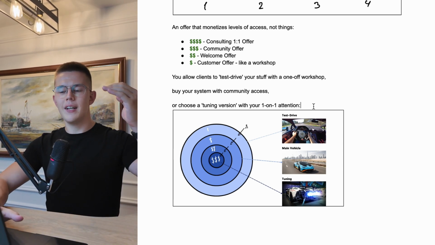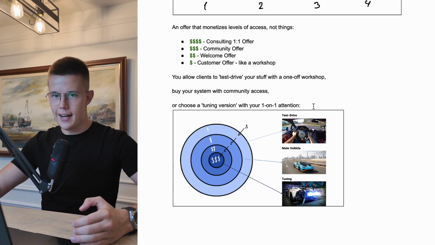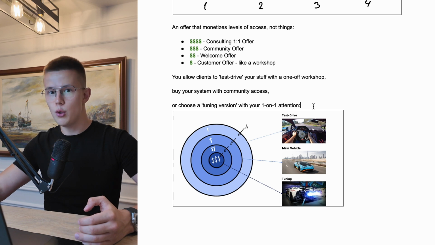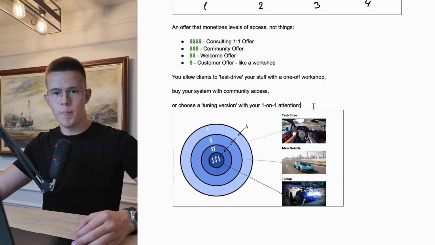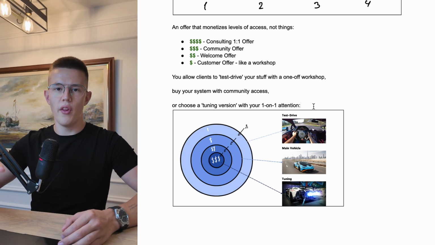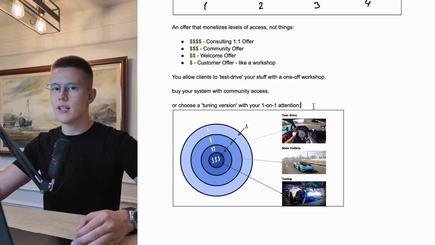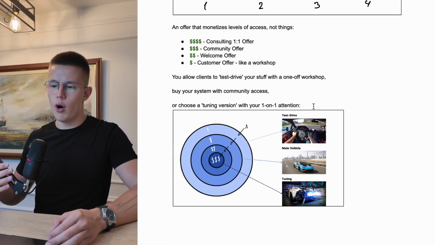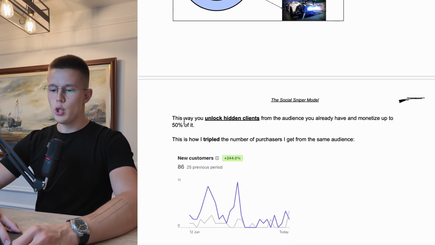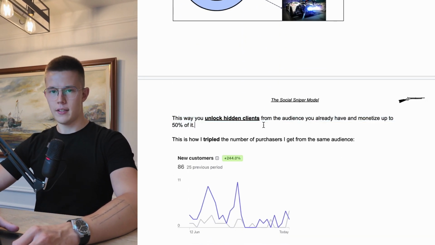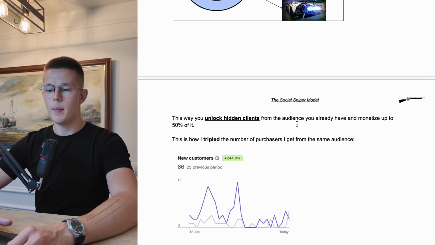So you have different levels of access, and instead of monetizing things, you monetize access. The more access people have to you as a coach, as an owner of this system, the more money they pay you. But you allow people who don't want this access to pay you less and still get access to the system, not to you as a coach. Here we're talking about making more money while working less. Now, this way, you unlock hidden clients from the audience you already have,